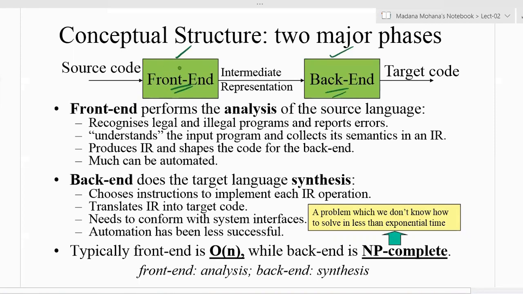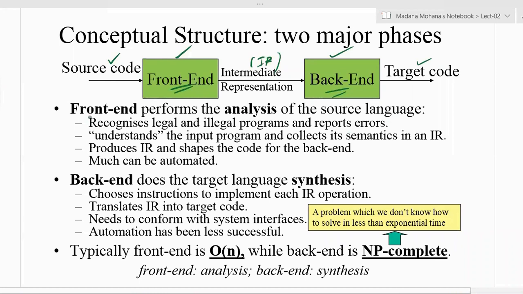The front end, a combination of the 4 phases, performs analysis of the source language. It takes input as the source code, then produces output as intermediate representation. We frequently use IR, which is nothing but intermediate representation. The back end, the last 2 phases of the compiler, takes input as intermediate representation, then produces the target code in object form or machine form.